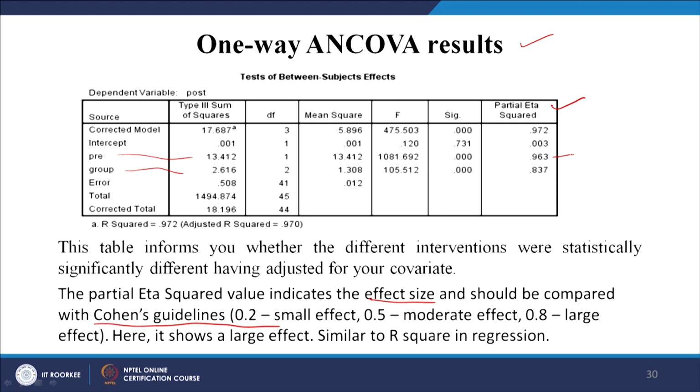So, these two values, for example, if it is under 0, it is a small effect. So, the effect is very little. If it is 0.5, then the effect is moderate. If it is 0.8 and larger, which is true in both our cases, that means the pre cholesterol level, which is the covariate, also has a very high effect on my post cholesterol level, and which exercise category I am coming into, that also has a very high effect on the post cholesterol, right.